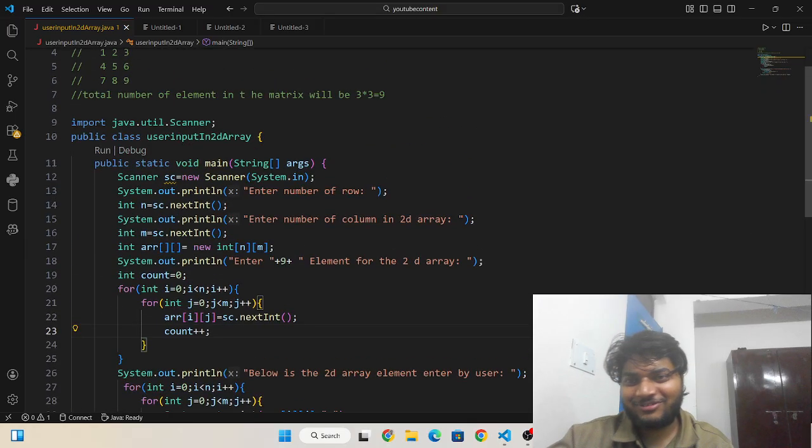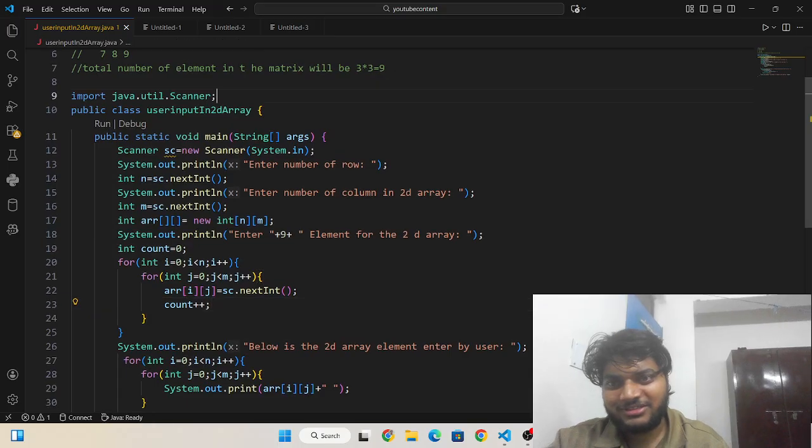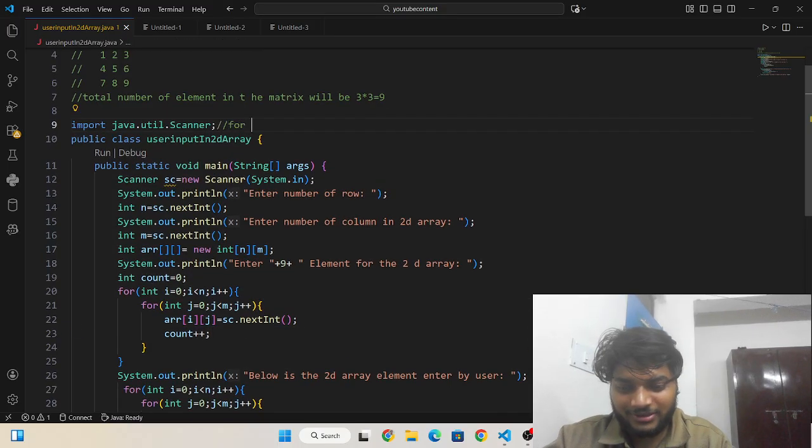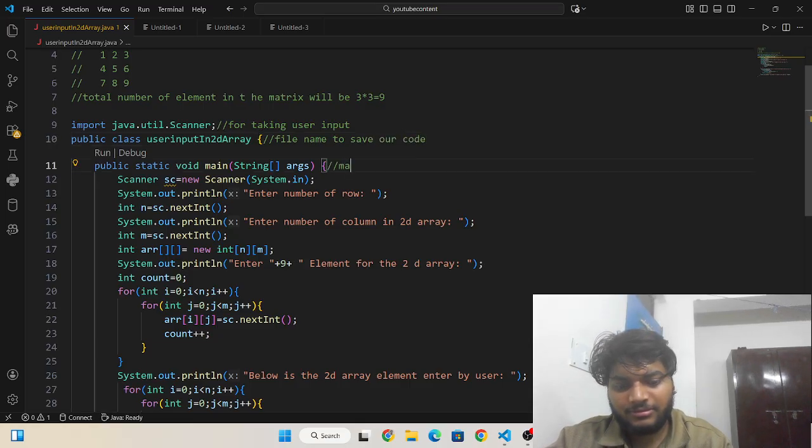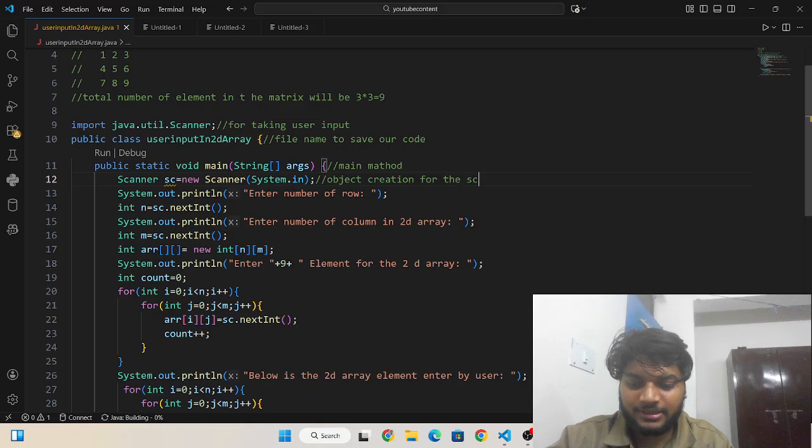And you already know what this code is doing. This is the Scanner class for taking user input. This is the file name to save our code. And this is the main method. Then we are doing object creation for the Scanner class.